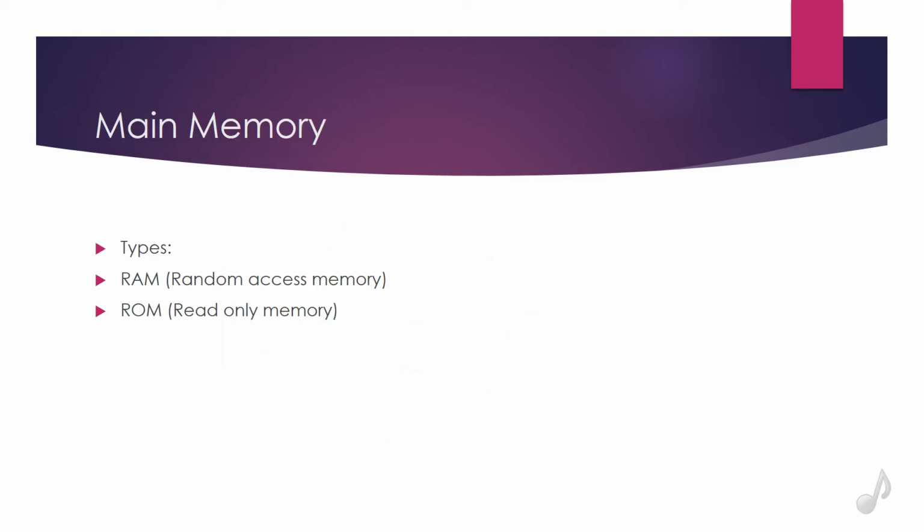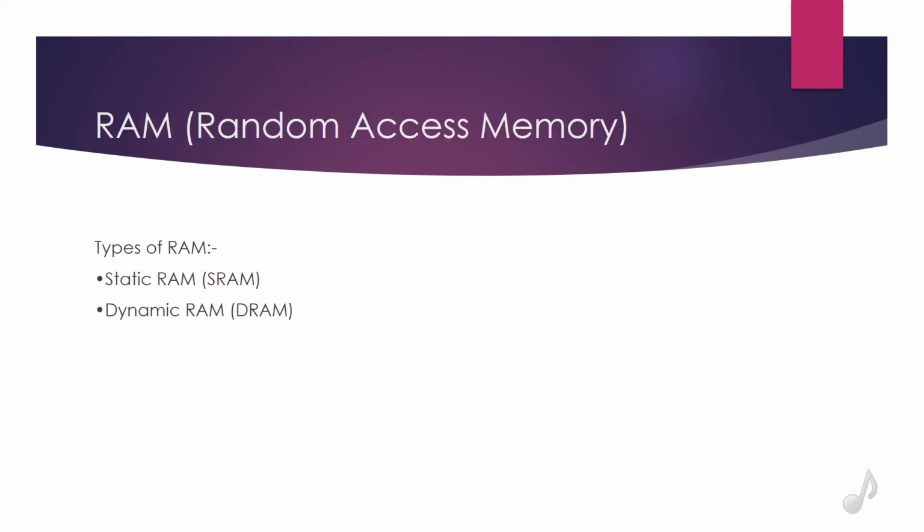Main memory. It is a central storage unit in a computer system. It is a large memory made up of integrated chips. There are two types of main memory, RAM and ROM, that is random access memory and read only memory. Random access memory is the best known form of computer memory. RAM is considered random access because you can access any memory cell directly if you know the row and column that intersect at that cell.